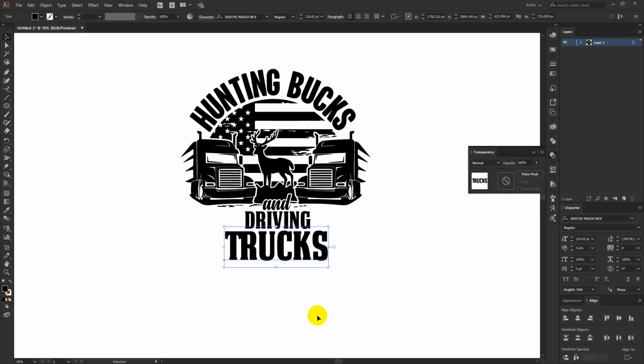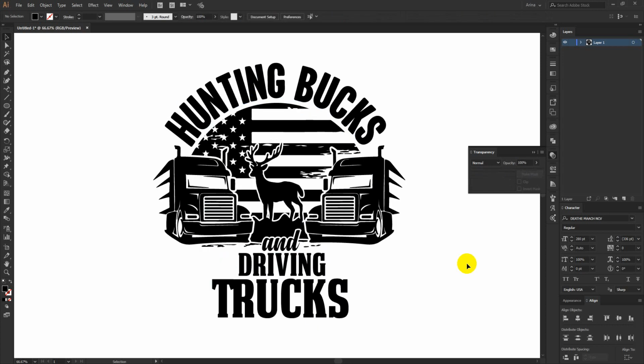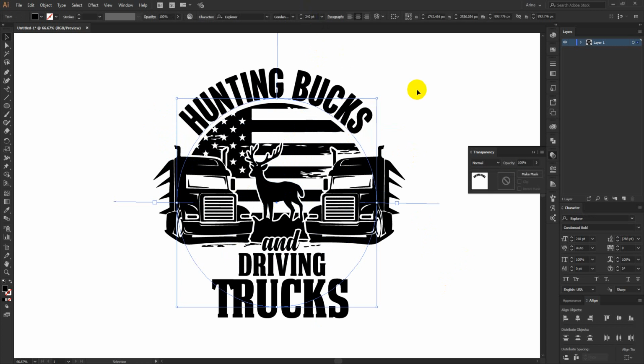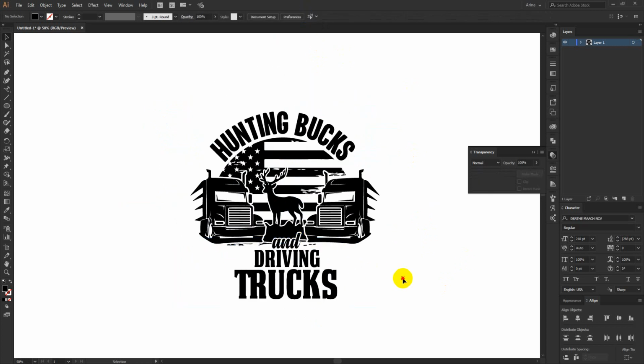Now you can see the main focus point of my design is this deer. If anyone looks at this design, first he will look at this deer. That is what I was trying to do, bring some focus in the middle. Okay, this one is good.